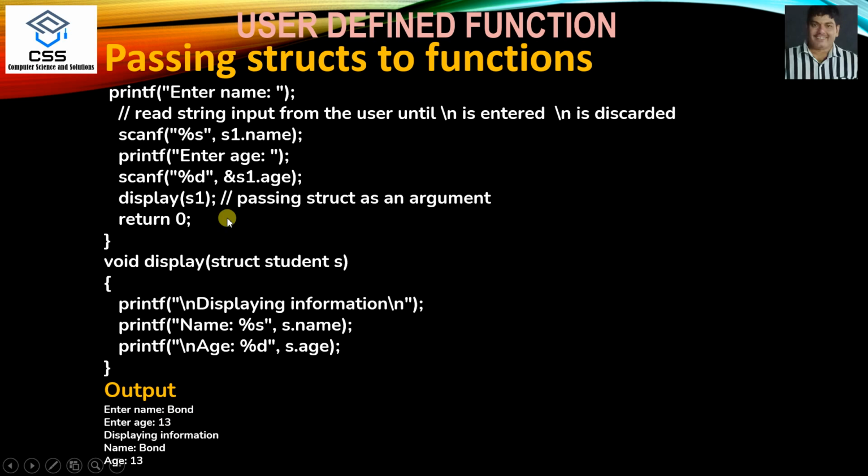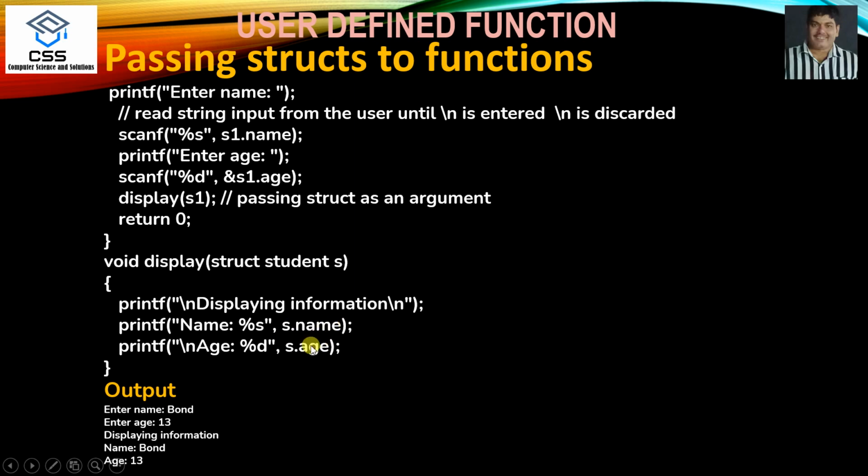And if you want to pass it to the display user defined function, S1 is the structure variable, passed to the called block. As S1 is which type? Struct type, and hence it is received by struct student, and you can give S1 or you can store the value of S1 in s. You can access it as s.name, s.age. Means the structure variable is passed to a function and the structure elements are accessed within the function. Means we pass the structure variable and within the called block we can access the structure elements